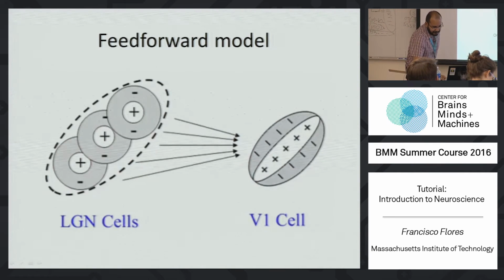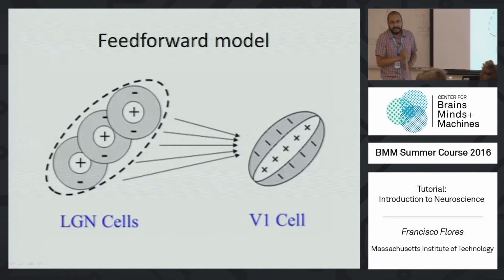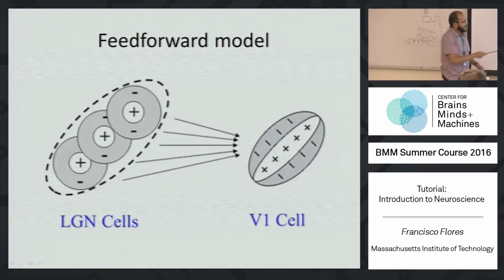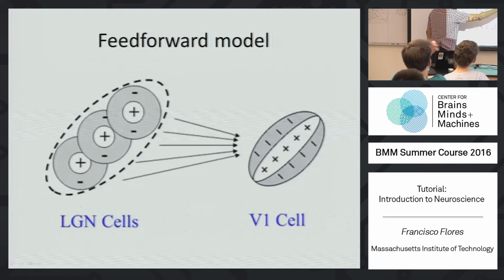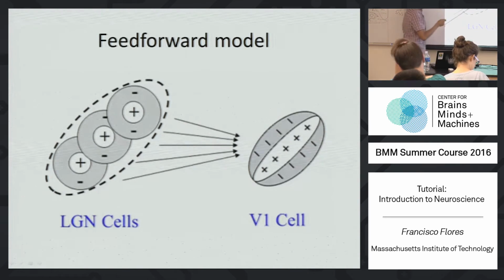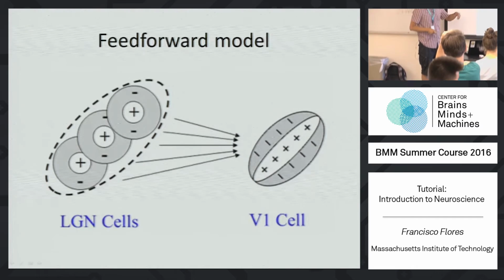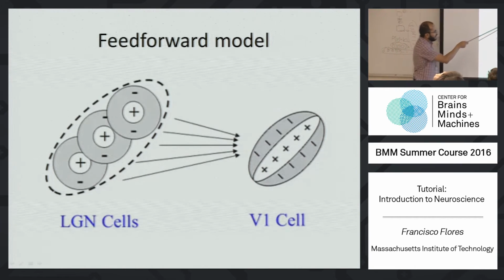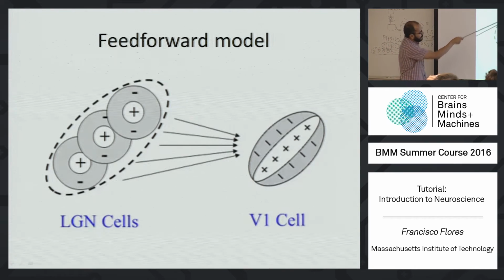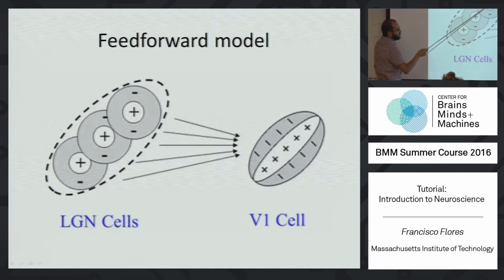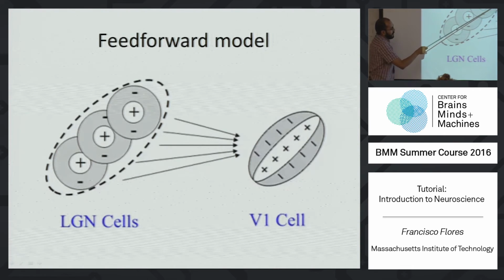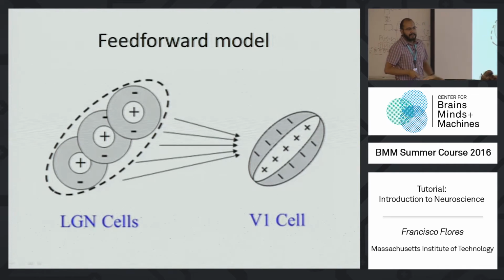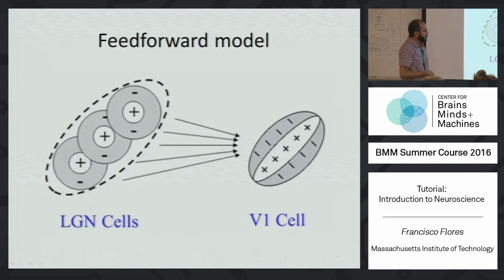Now this gave rise to the simplest computational model, which is still in use today: the orientation selective cells of V1 that we just saw, with their oriented center that has a negative area around, are produced by the combination of the LGN cells. So if you have several of these cells arranged in a particular orientation, you're going to produce this on area here from the on centers of the LGN cells, and you're going to produce the off surround from the off areas of the LGN cells. And this model is still in use today, I would say.